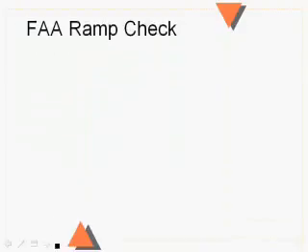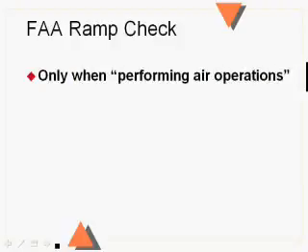Hey, let's talk about getting ramp checked. It's like you're driving down the road and there's a sobriety test and the cop has you roll down your window and then smells you to see if you smell like alcohol. It's not quite the same with the FAA. The FAA does do ramp checks. They can only do it when you're performing air operations. So once you've tied down the airplane and you're walking away from the airplane, your air operations are done. Unless you're going somewhere to call and close your flight plan, one could argue you're still performing air operations then. So if you're getting into your car, they can't do a ramp check on you.